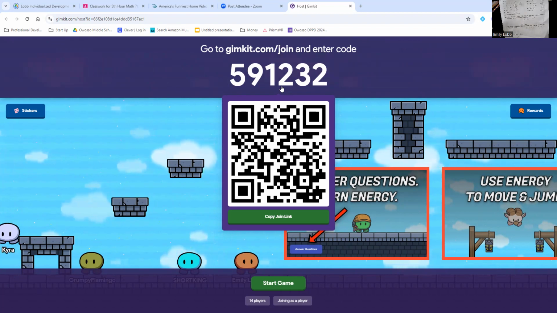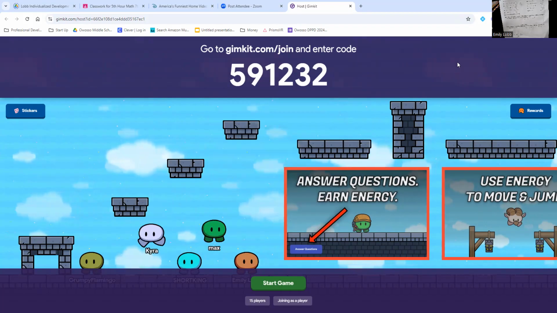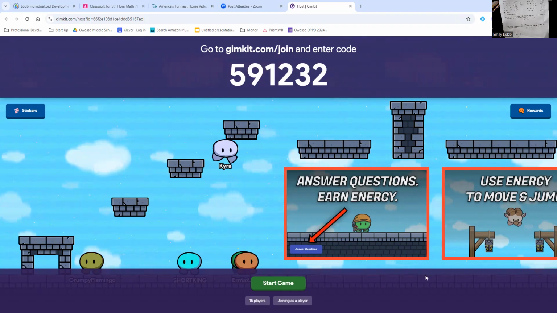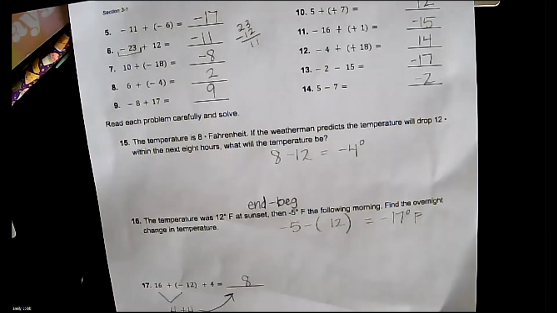All right. I am going to stop my Zoom. Don't worry. I just don't need to